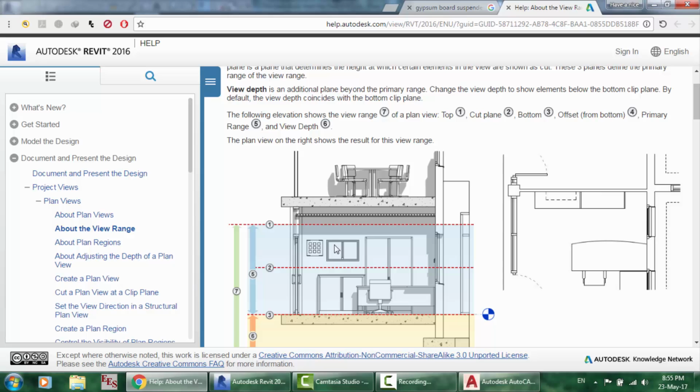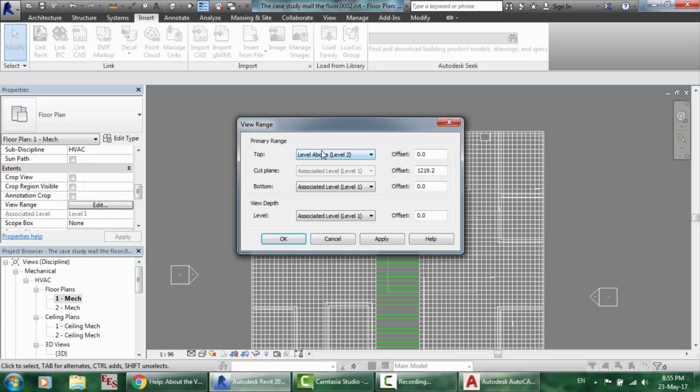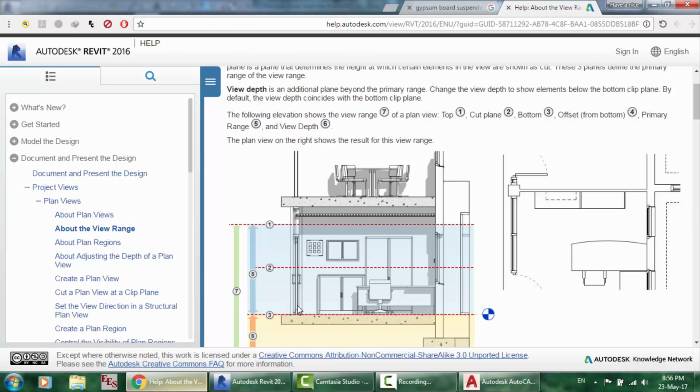So we want to see the ceiling. So we open this. This is the top. Here is the cut plane. This is set by default, and we want to see up to the suspended ceiling. Okay, so the offset is going to be 2000 millimeters because the suspended ceiling is 2 meters from the bottom, from here